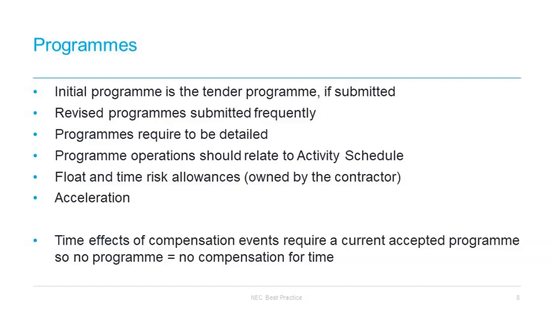So, for example, if you have got two competing streams of work, one which is critical path to complete on a completion date, the other that is non-critical path with a 2-week contract float rather than a time risk allowance at the end, if there is a variation or compensation event or added work to the second stream that makes it 2 weeks longer, there would be no time benefit to the contractor for that, because the contractor can still complete by the completion date. The only exception to that is if that non-critical stream has its own key date, then it is an impact on the key date or completion date that can give you a time allowance.